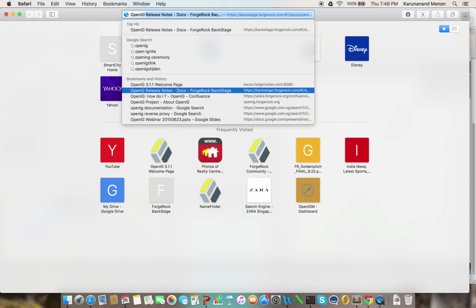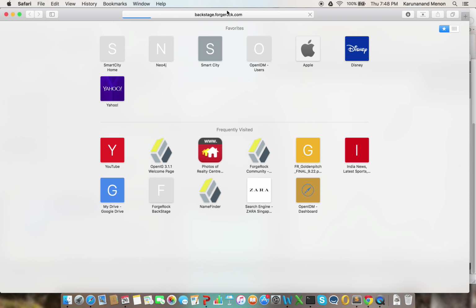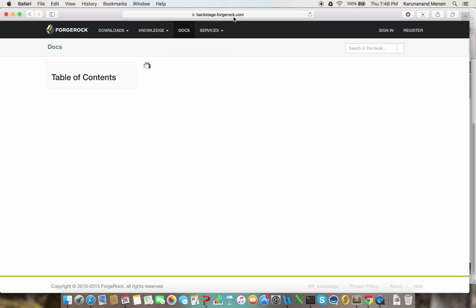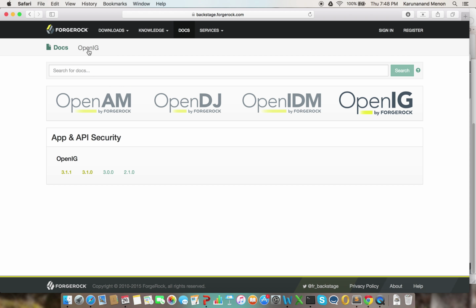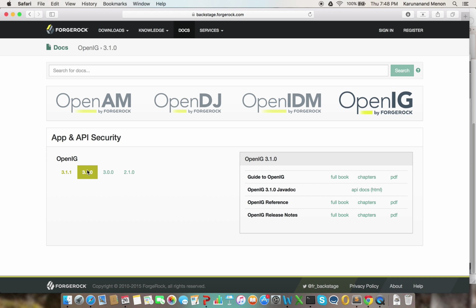in Backstage, which is backstage.forgerock.com, and go to documentations. You would see OpenIG here. You could go to 3.1. You could get the